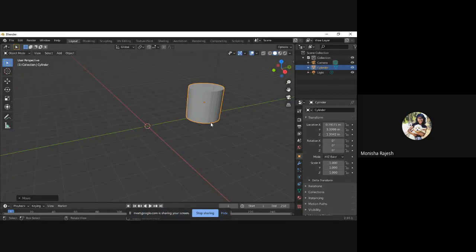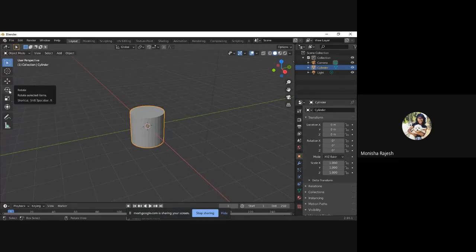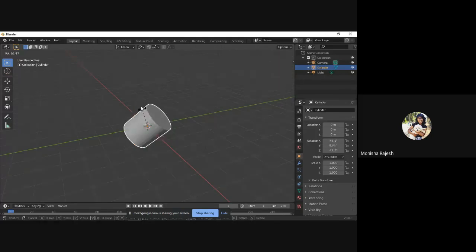And if you want to undo it, of course, you can press Control Z. The same way, if you want to scale it, you can. If you want to rotate it, you can either press this or you can press R on your keyboard. So what that does is you can rotate it here. If you want to rotate it along this axis, it rotates here. And if you want to rotate it along another axis, you can press X. So it rotates around the X axis, or Y. So it'll rotate along Y. Similarly for Z.